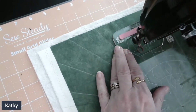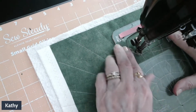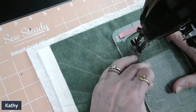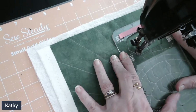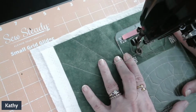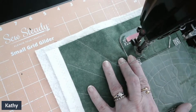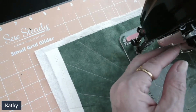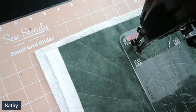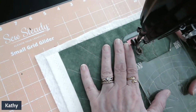I think the biggest takeaway is making sure that you know where you need to start and where you need to stop for the look that you're going after. One stitch in place. I'm going to plant that needle and cut that thread. Off it goes. Up to the top,